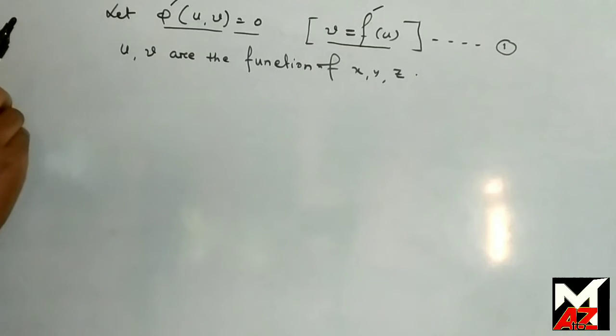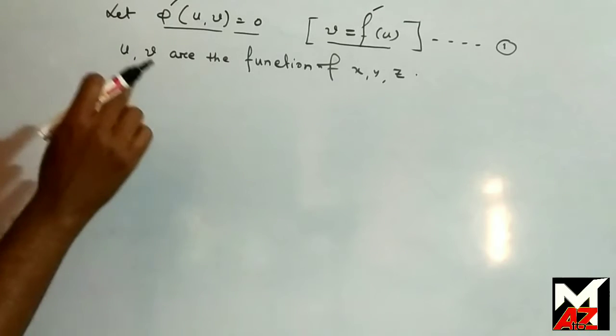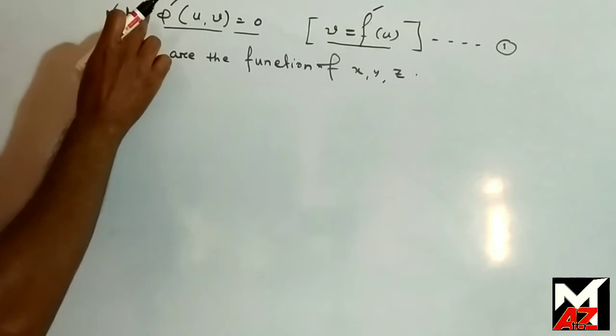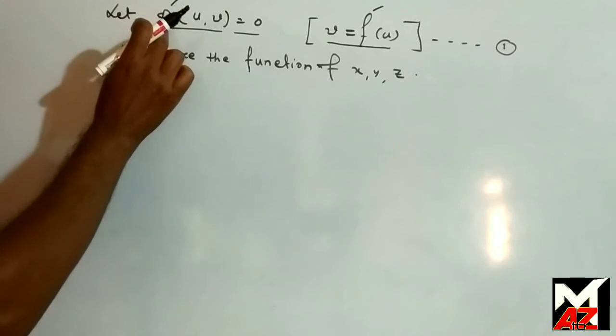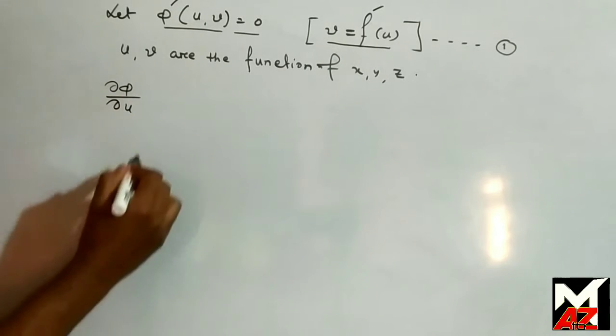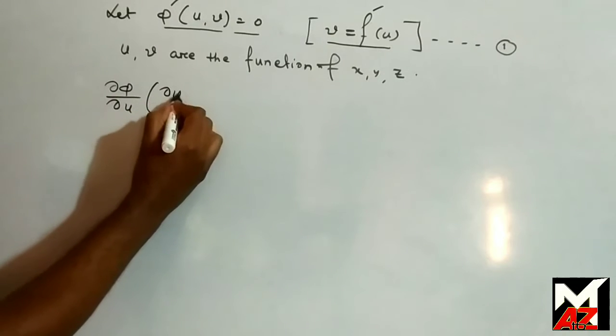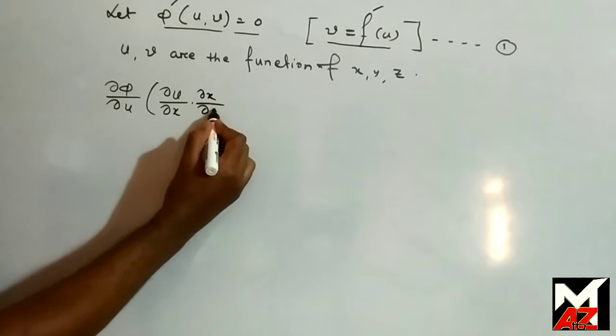Now we have to construct a partial differential equation by eliminating the arbitrary function, that is, by eliminating phi or by eliminating f. We partially differentiate phi with respect to x and we get del phi by del u into del u by del x into del x by del x